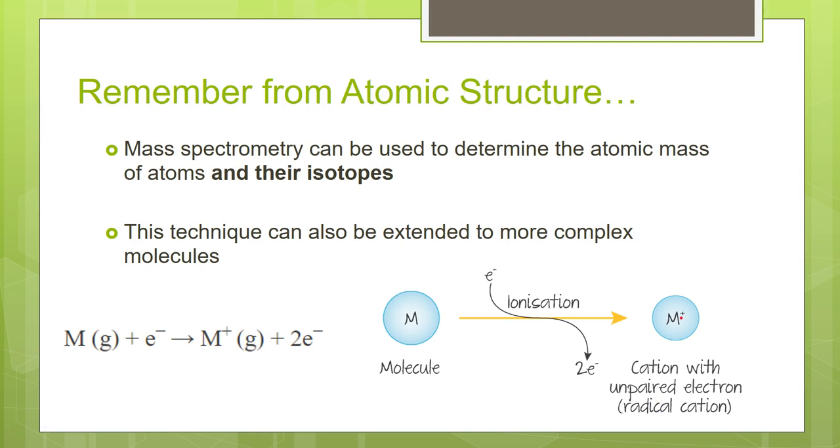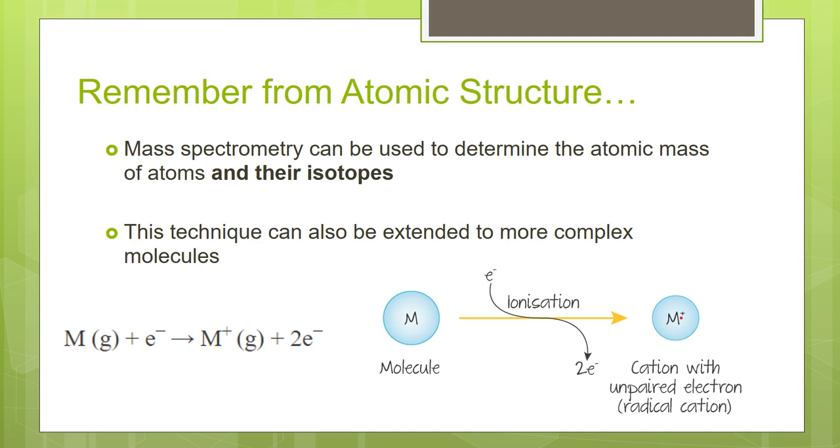So you may remember back in one of the first topics that we did when we talked about atomic structure, we looked at mass spectrometry and how it can be used to determine the relative atomic mass of atoms and their isotopes. And we had the formula for the relative atomic mass using isotopic mass and percentage abundance. We can extend this technique into using molecules, not just single atoms. So in this case, it is important for us to remember that we can see isotopic distribution with mass spectrometry, but one of the ways it's used primarily with organic molecules is looking for the way this technique interacts with